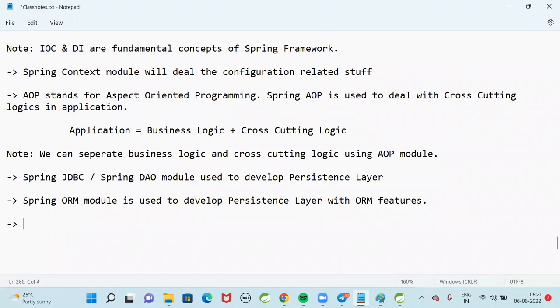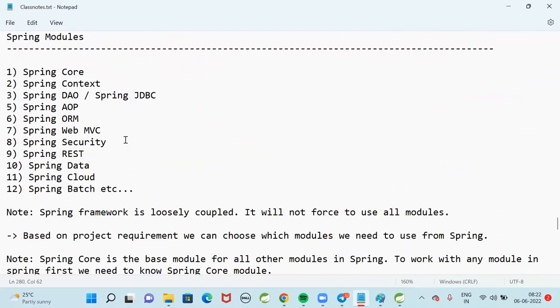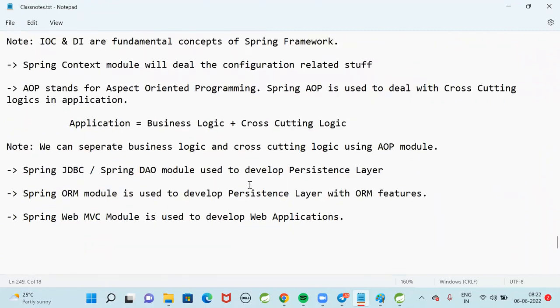Spring WebMVC module is used to develop web applications using the Spring framework. If I want to develop a web application by using the Spring framework, then you can go for WebMVC. Next one, Spring Security.